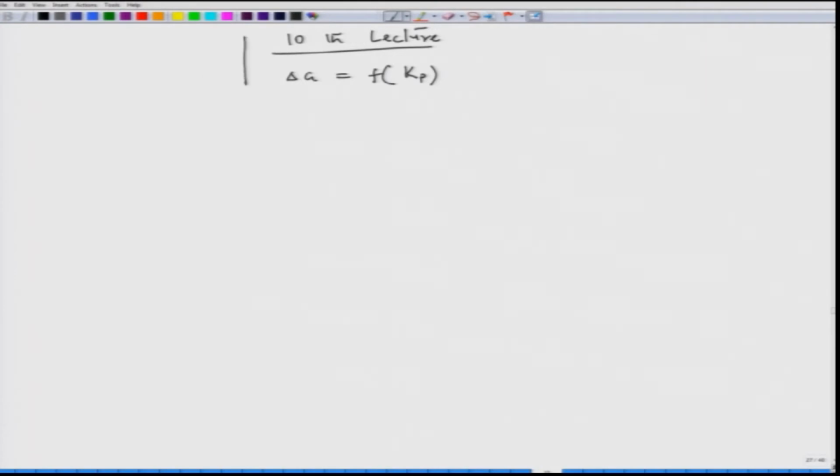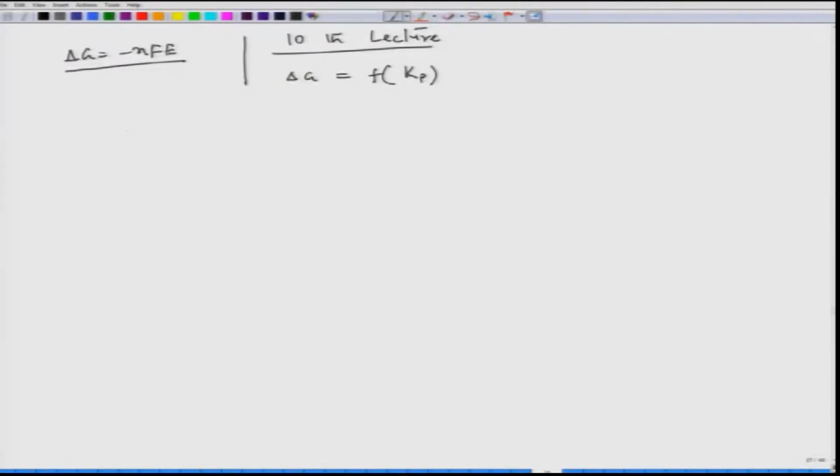So, we already know delta G equal to minus nFE. So, before we get into this, I thought of discussing another issue which I forgot to discuss when we talked about the sign convention of